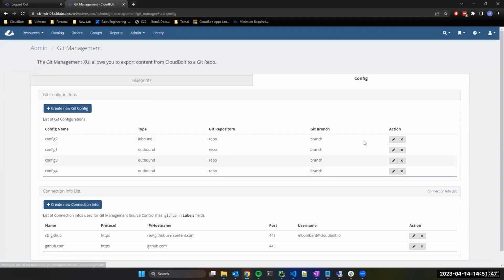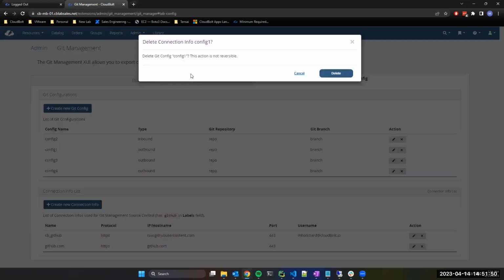All right, so we refreshed. Let's get rid of config 1. Hey, look at that. Now we have our dialog, which is warning us delete get config. This action is not reversible. We actually have some new features in the system that I believe would allow us to outline this in red. I'm not super concerned about it right now. Maybe that's something we go back and add at a later date, but I'm going to delete